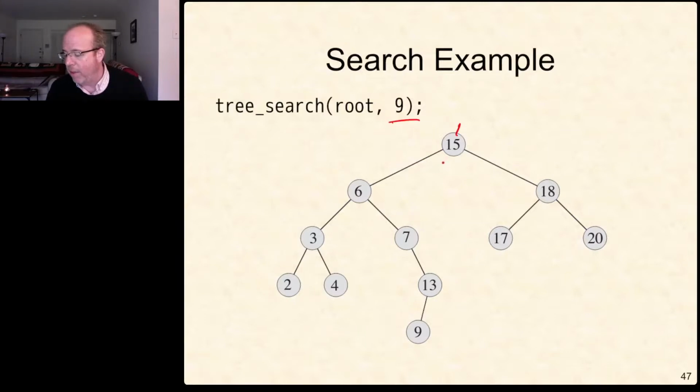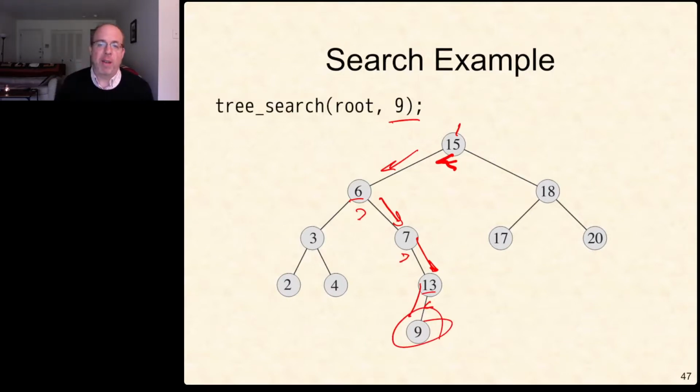9 is less than 15, so it has to be in the left subtree. Then we're going to consider 6. 9 is greater than 6, so it has to be in the right subtree. Then we'll consider 7. 9 is greater than 7, so it has to be in the right subtree. Then we'll consider 13. 9 is less than 13, so it has to be in the left subtree, and we found it. Okay. And if we were searching for something that didn't exist in the tree, say 23, well, 23